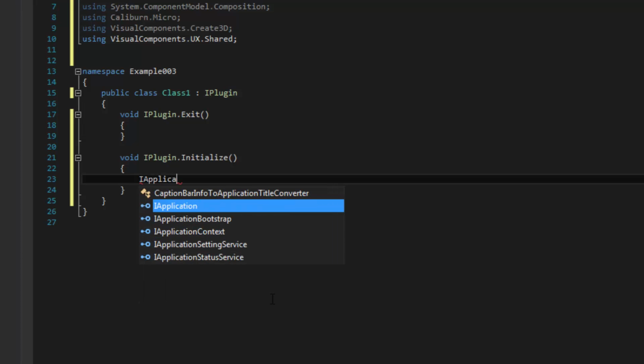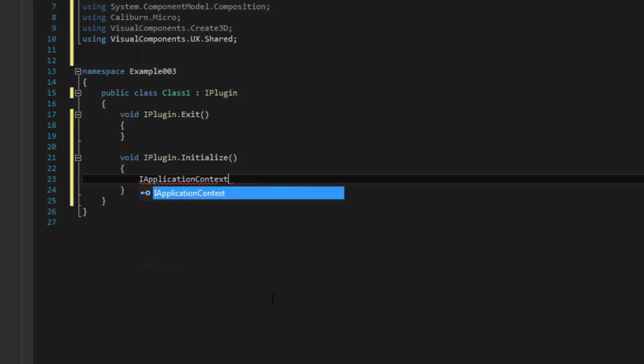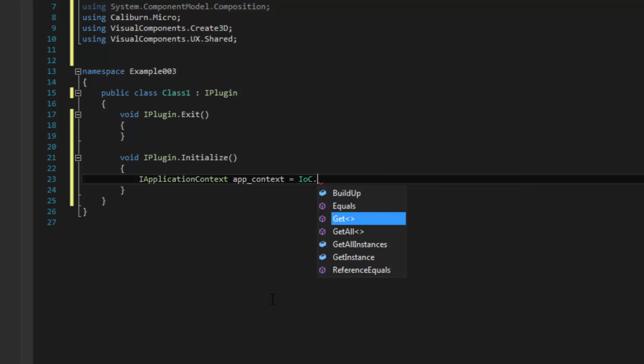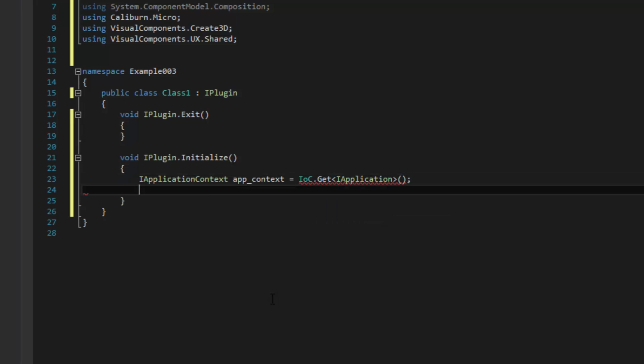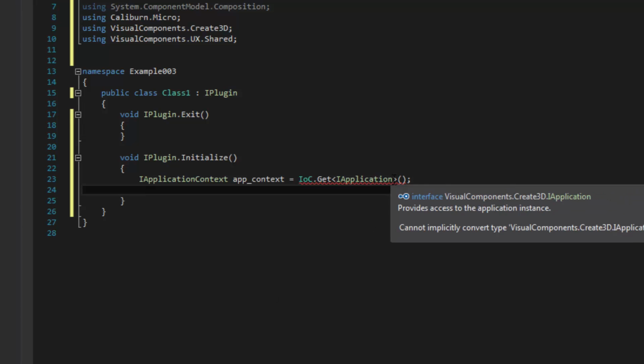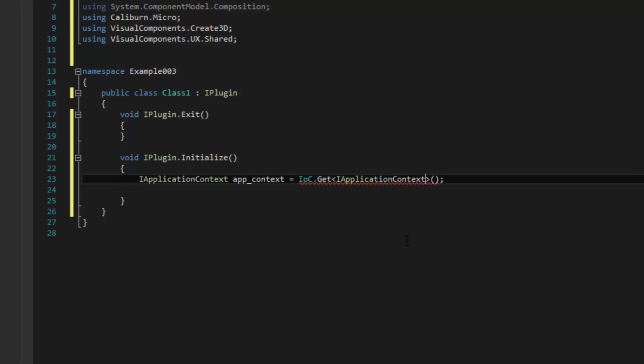So to get a handle, I'll write the type first, so IApplicationContext, and I'll just name my variable app_context equals, and I'm going to use the IOC to get an instance of that object. So it's IApplicationContext. It's IApplicationContext.